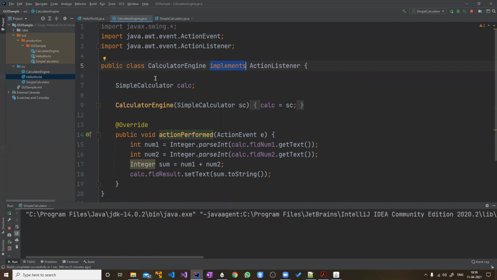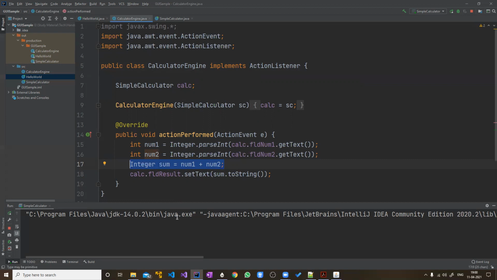And what will be the difference between these two classes? Only this. There will be only one difference, that instead of sum is equal to num1 plus num2, I'll write difference is equal to num1 minus num2.